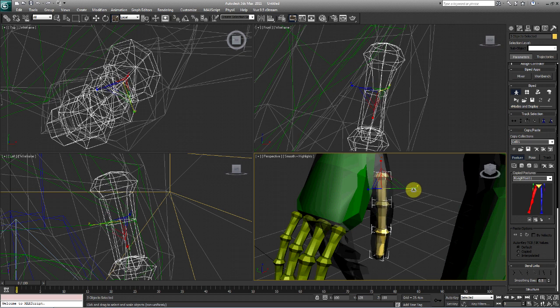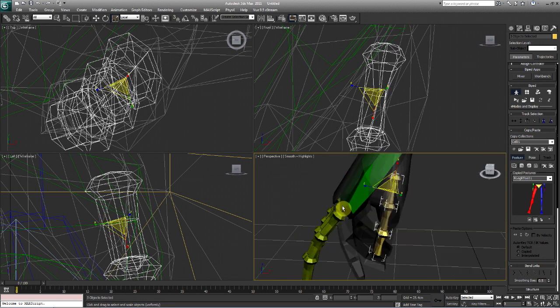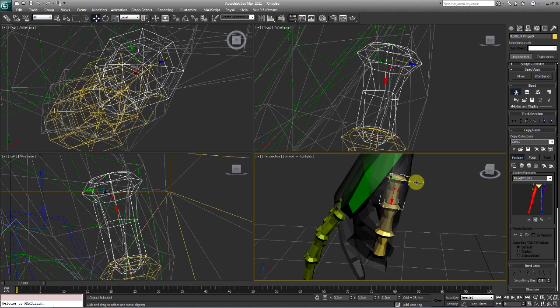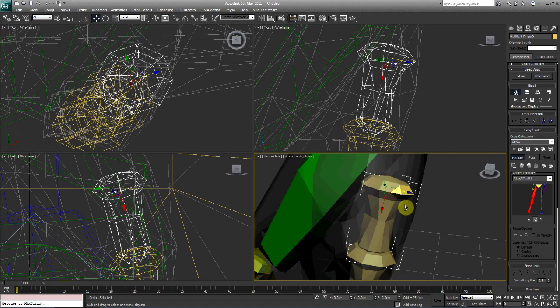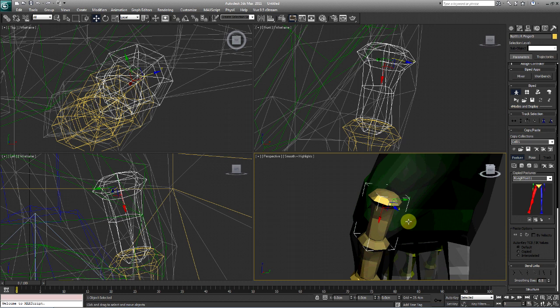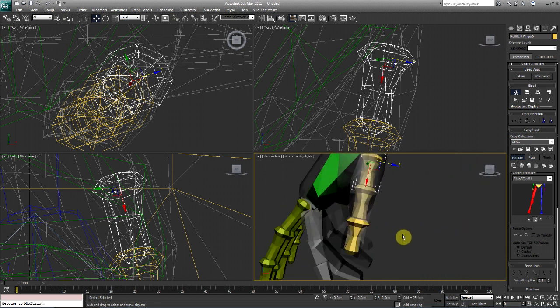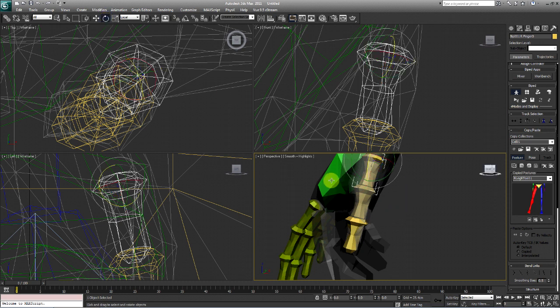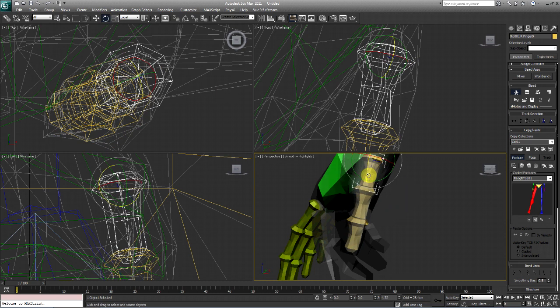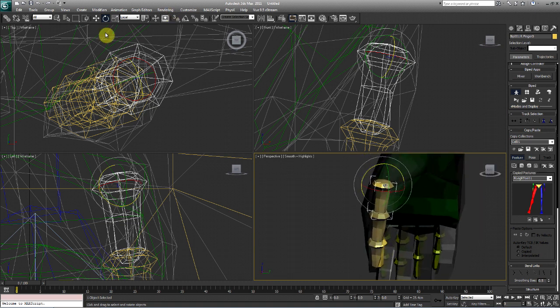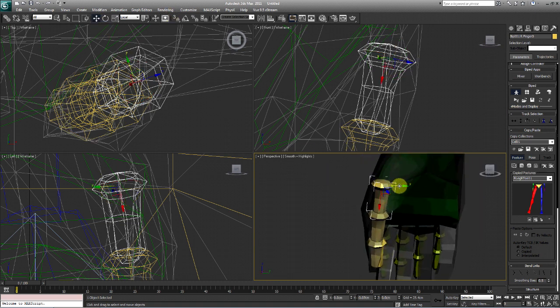Fill the thumb up. About right there is good. We're going to go ahead and move this down just a little bit. Move this down just like that. Okay, I'm going to move it just a little bit. I mean, as you can see, everything just takes tweaking.